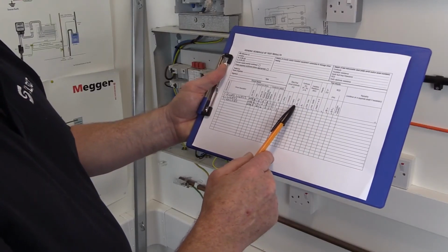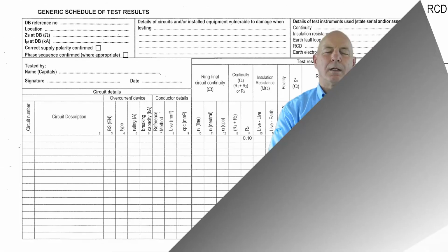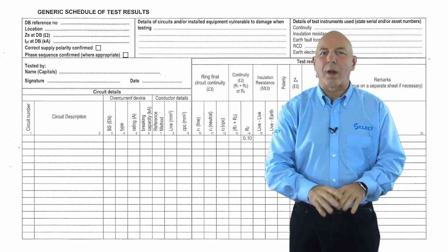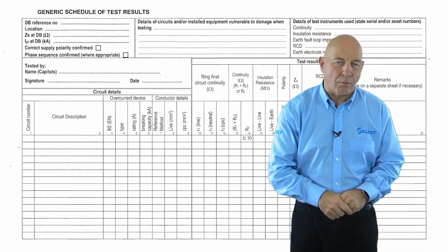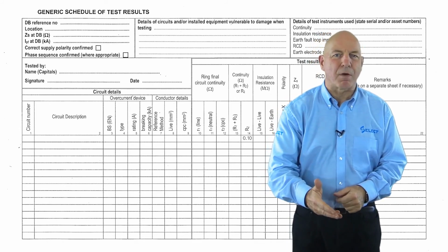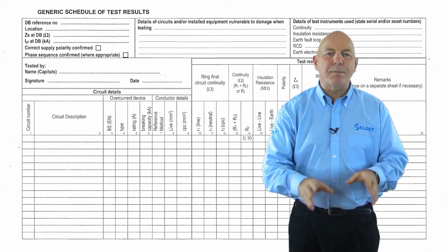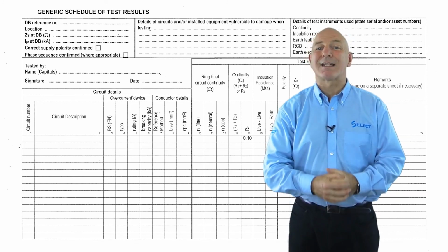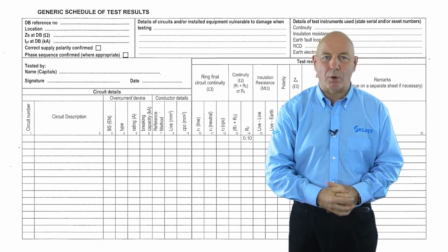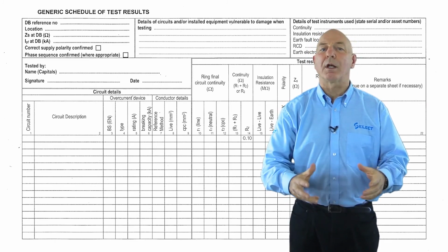The compensated value can then be recorded in the continuity column of the schedule of test results, R2 column, if test method 2 has been used to verify the continuity of circuit protective conductors of circuits. The inspector should also note that when verifying the main protective conductors of the installation, the test results obtained will be low values in the order of 0.05 ohms, but not recorded on the schedule of test results. The continuity of the main protective conductors should, however, be indicated as satisfactory by inserting a tick in the relevant boxes provided for this purpose on page 2 of the electrical installation certificate that will be accompanied by the schedule